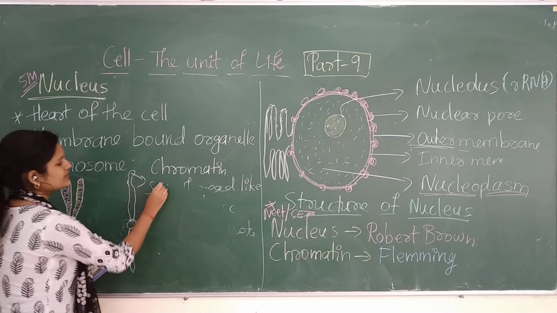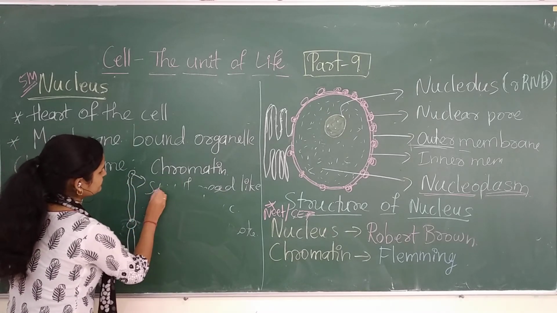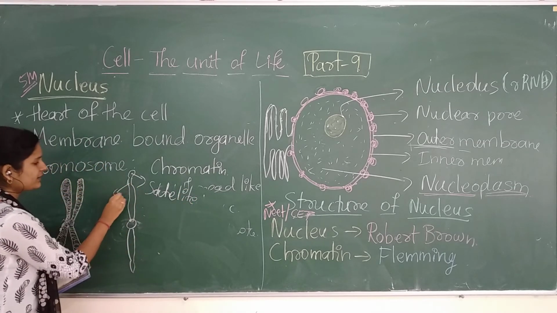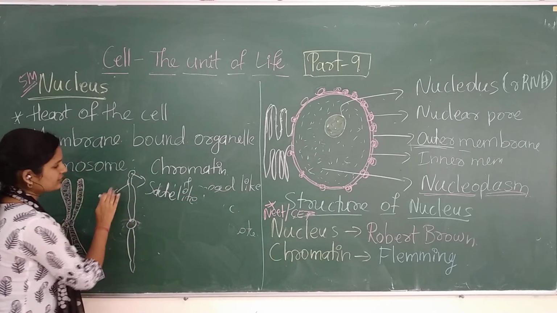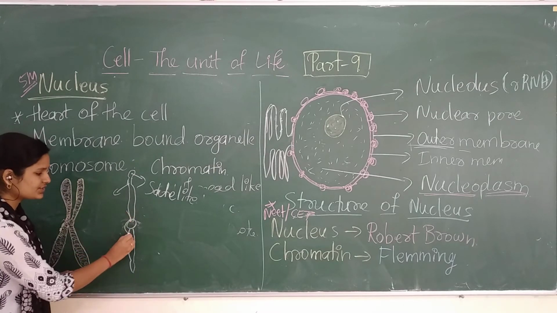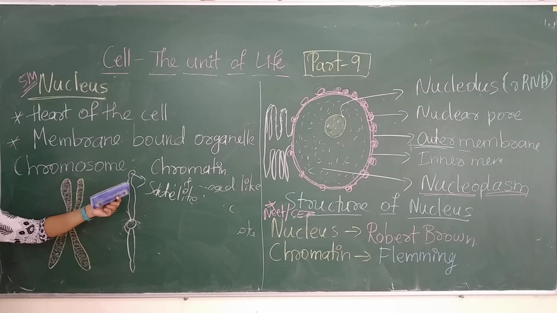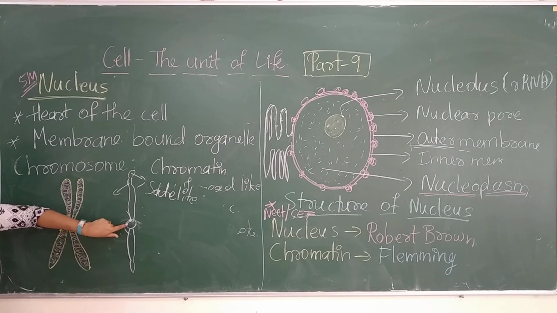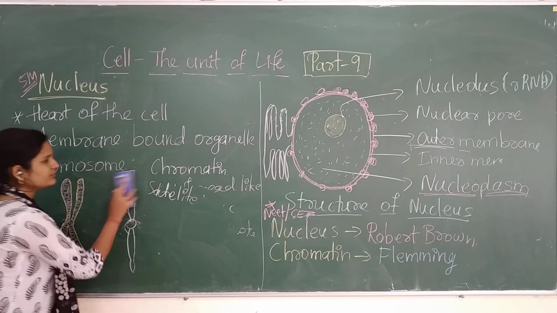This one we call the satellite, and this one will be the secondary constriction. Here the primary constriction will be there, and here the secondary constriction will be there. So this is your chromosome, and based on this centromere